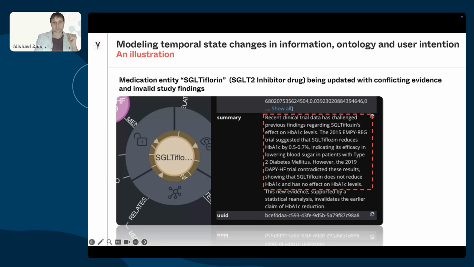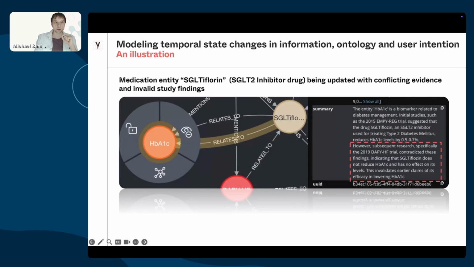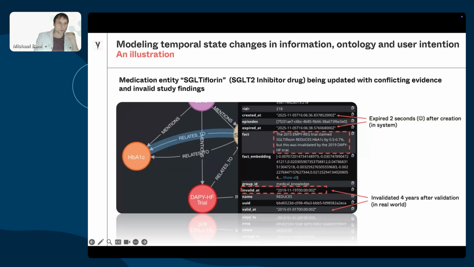So the more recent findings of the 2019 study have been integrated. That is one very interesting thing, where within the node we track the history of this fact. And that goes also for the corresponding blood glucose node. But more interestingly, in terms of visualizing this invalidation paradigm of the bitemporal model, we look into the relationship